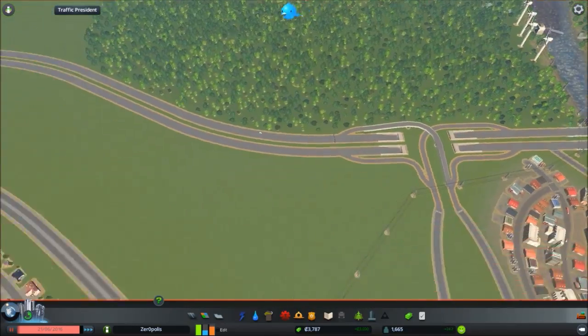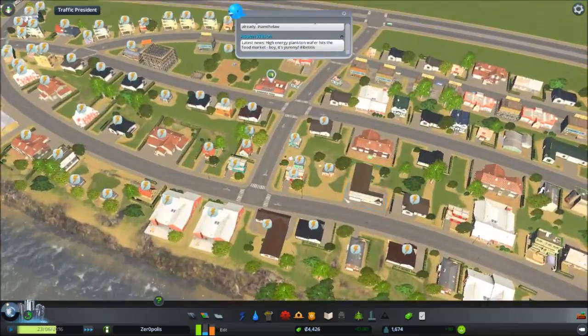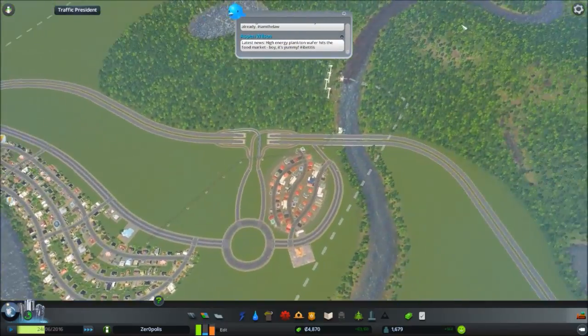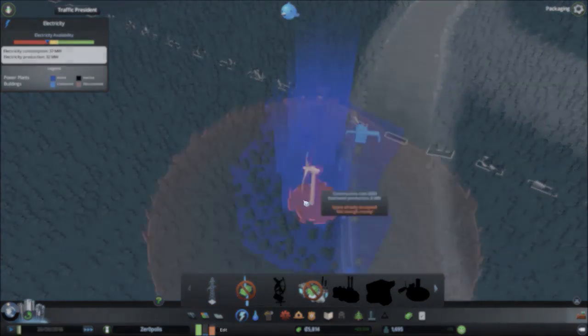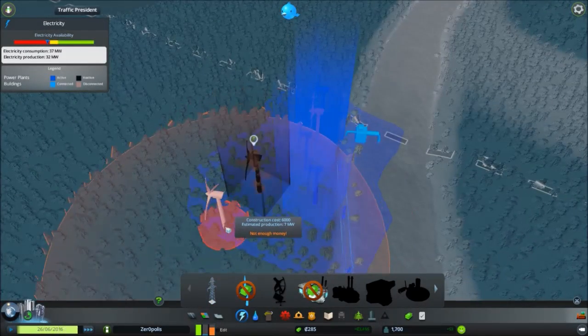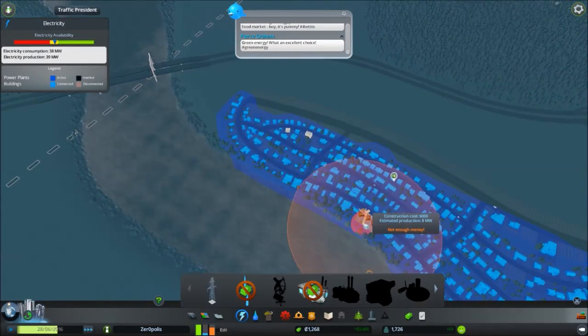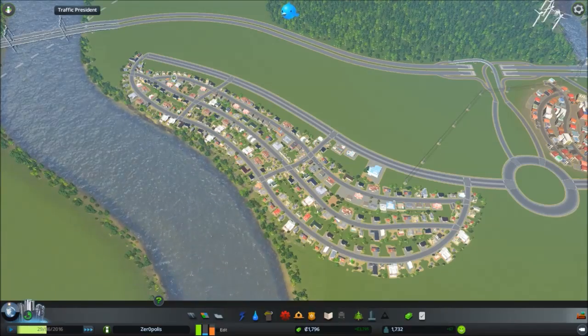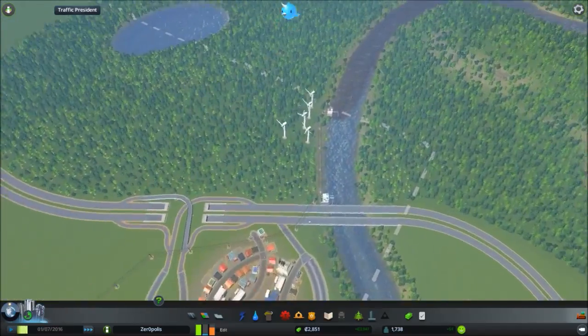Unfortunately, we're running out of power, and yet we can't afford another turbine. Come on, people, pay me money, and then you'll get your wind turbines. There. It's just barely enough. Jeez. Another problem with growing the city so quickly. Gonna be spending most of the money on...